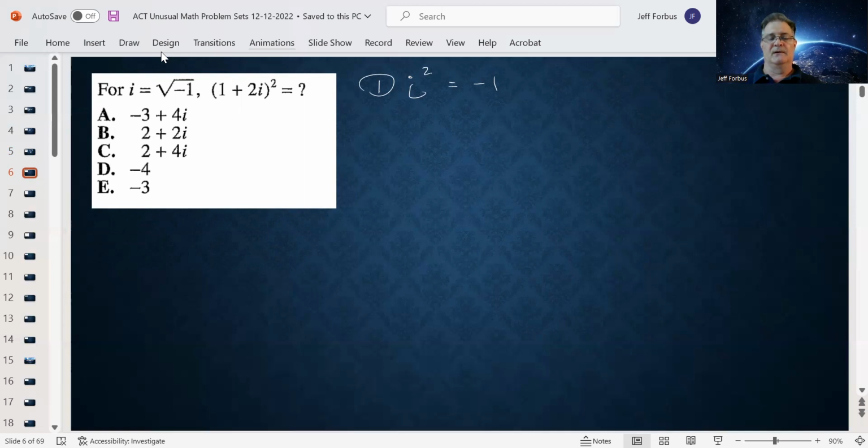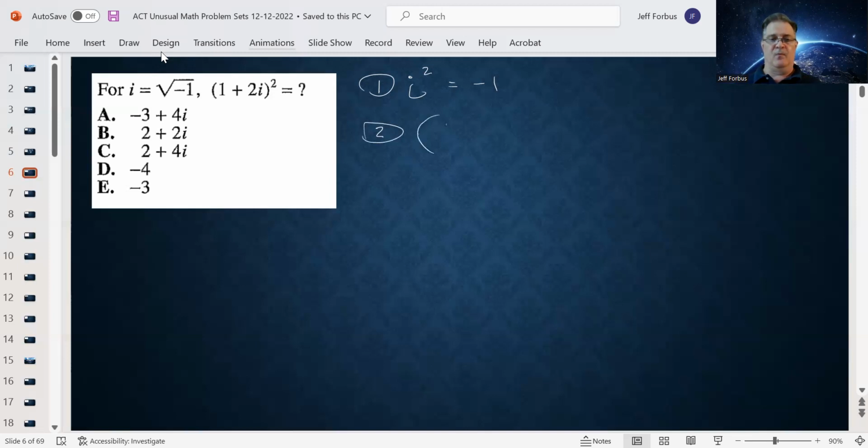When we're dealing with i squared in an equation, we always substitute -1 for i squared to simplify the equation. Okay, with that in mind,